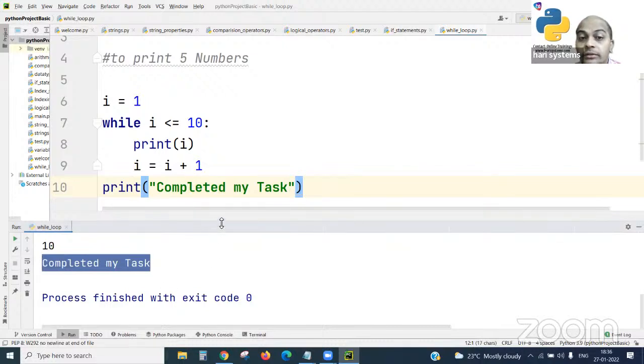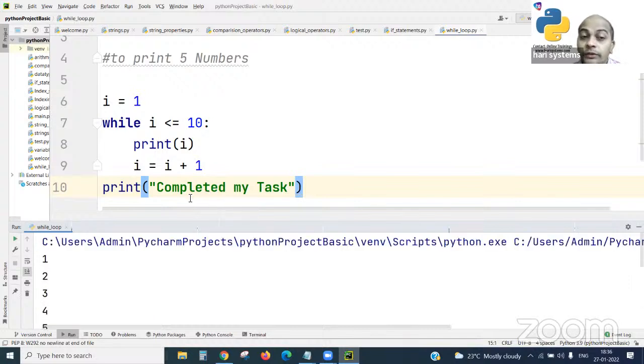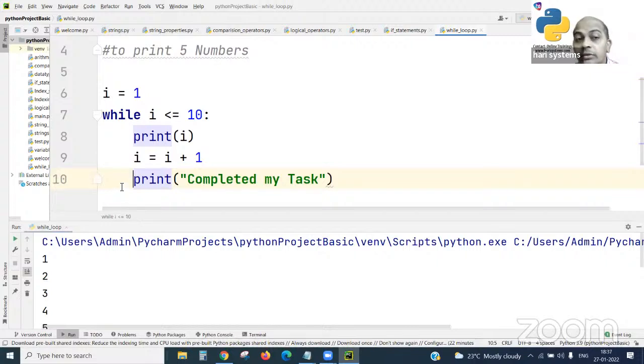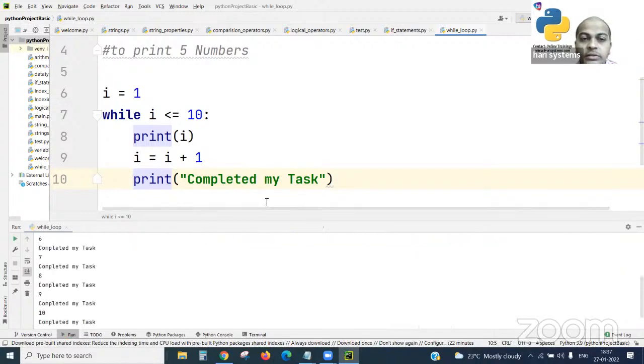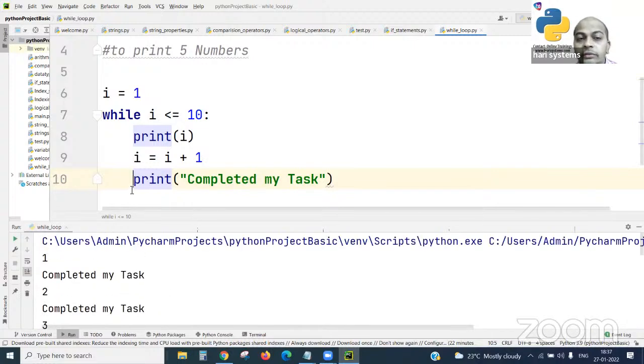So many practices you may do. If I write this statement at the indentation position that comes under the while loop, it will print on every iteration. See, now you will easily understand: one is within the block, the other is without the block.